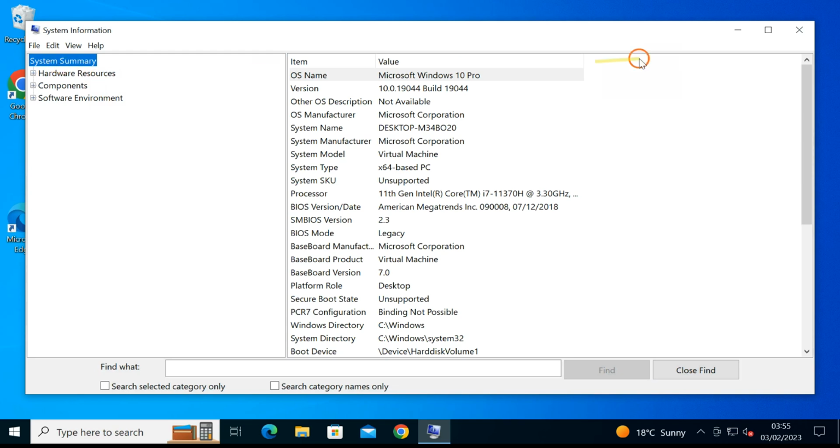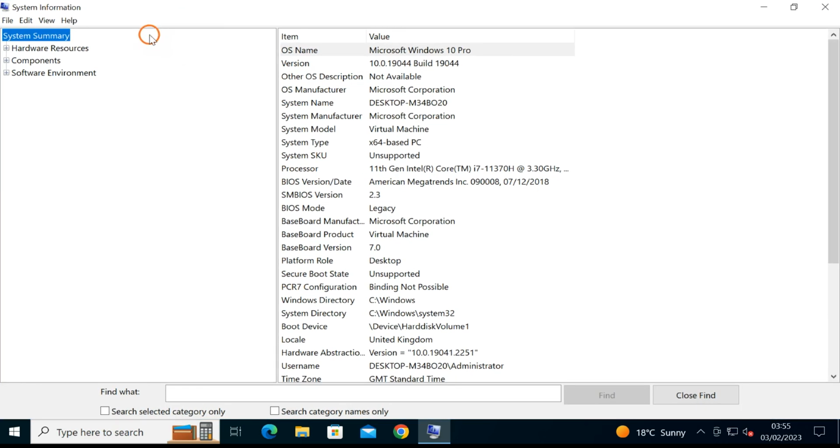Here select system summary in left and on the right you will find system type. Here x64 or x86. If it is written as x64, then your operating system is using 64-bit, and if here you will find x86, then your operating system uses 32-bit operating system.